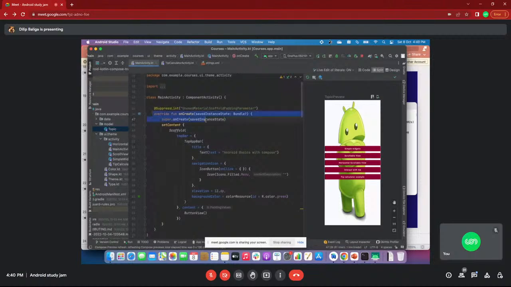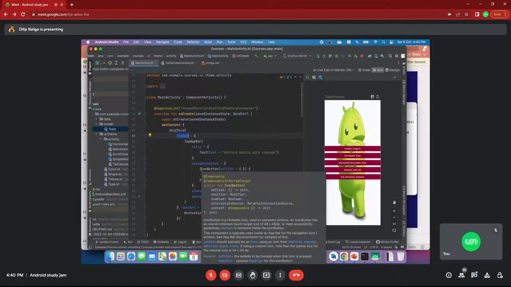The first method called when you create this activity is onCreate. Inside onCreate, I already mentioned setContent, which means you are setting the content. Now we'll go to Scaffold. You can leave this function aside for now. It is a kind of widget, a layout itself, which lets you provide a top bar, a bottom bar, and also a floating layout.